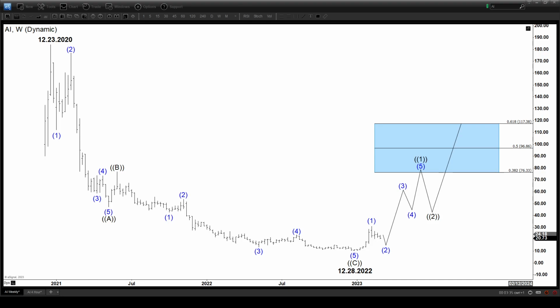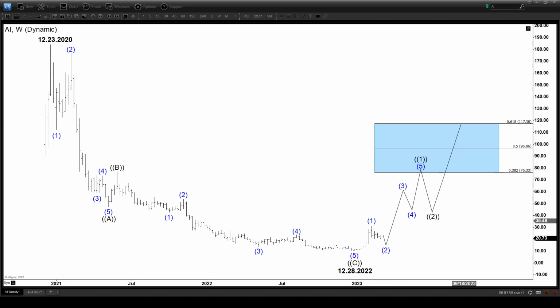In today's video we'll be taking a look at an artificial intelligence stock. It's been trading on the New York Stock Exchange since 2020. The company name is C3.ai, and we'll be looking at the technical structure taking place since the IPO all the way to the current